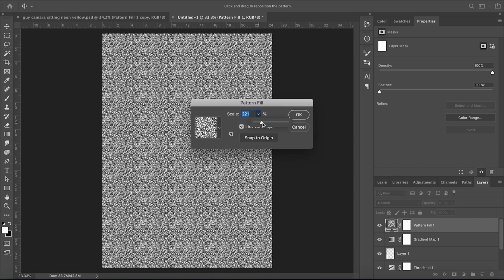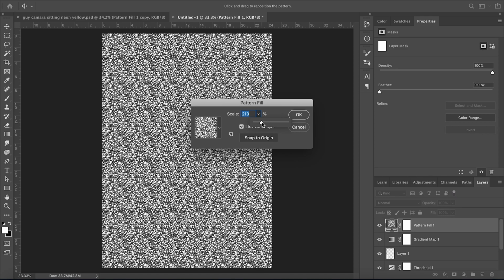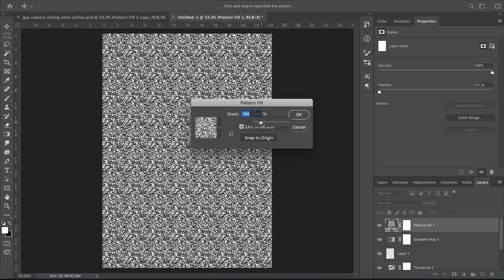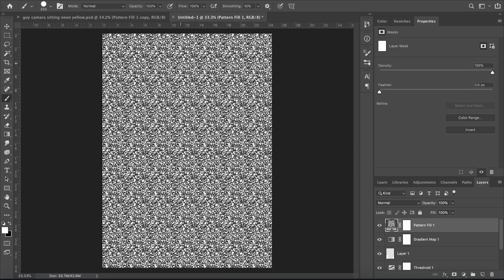I'm going to increase the scale here because it's just a little bit too small, so maybe increase it to around 210ish. That looks alright. Press OK. Now obviously this isn't good, this just completely covers the image, so what we're going to do is